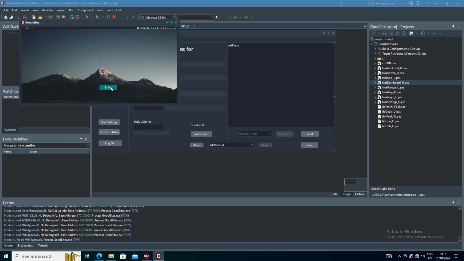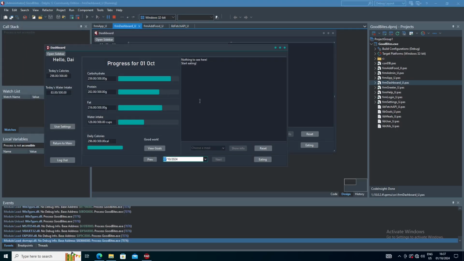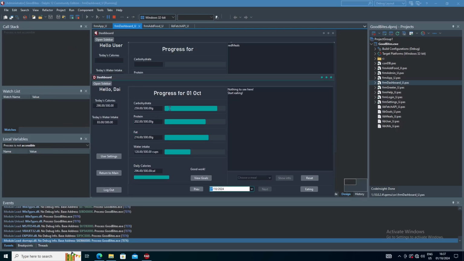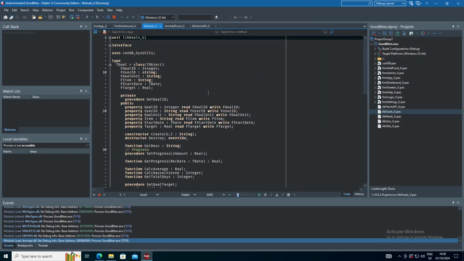I run and I log in. This is the dashboard. Now, the values here are randomly generated, so they're just stand-in values. They're mostly here to represent what can be done when I get the goal system working. So far, in terms of goals, which is another thing I've been working on, I've been working on getting